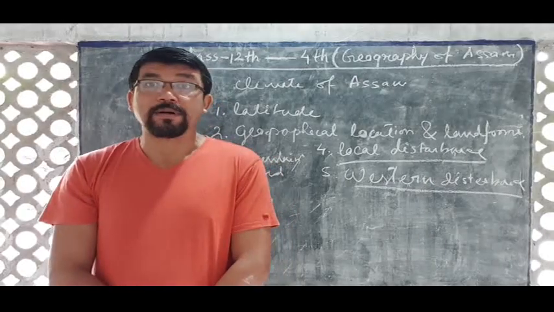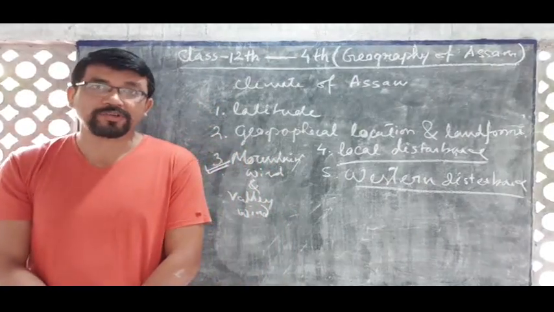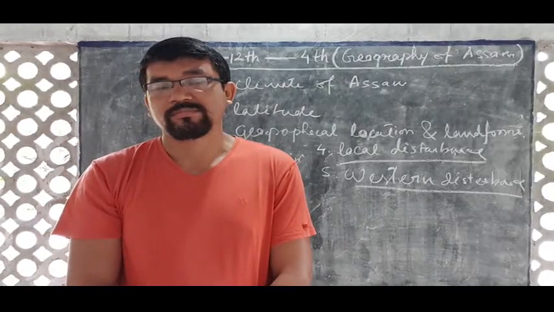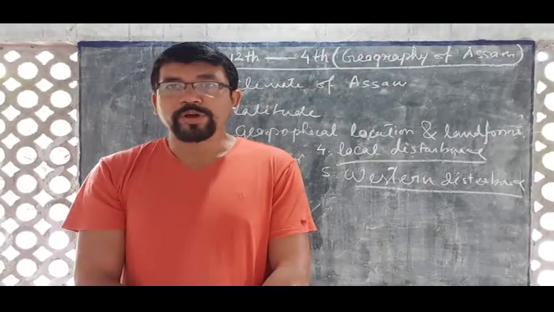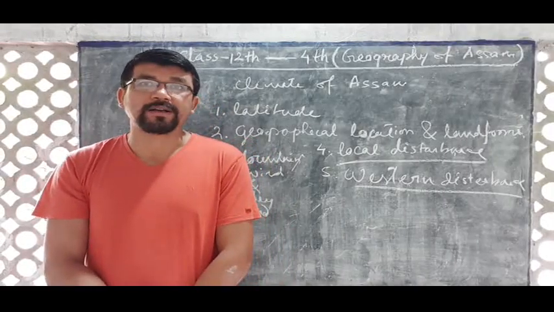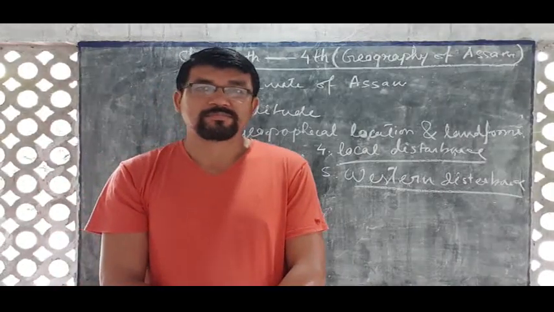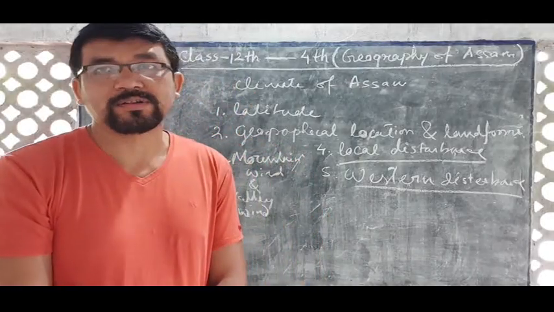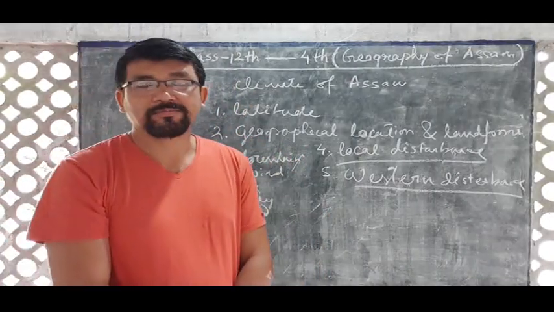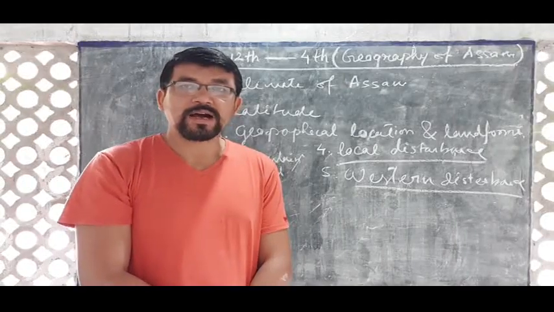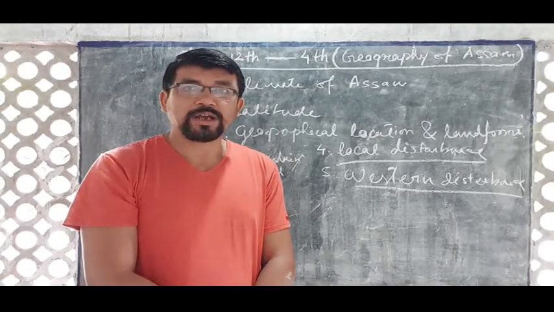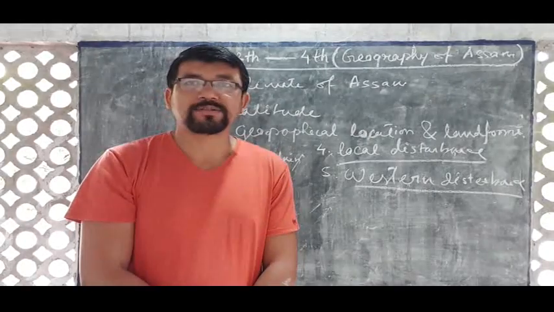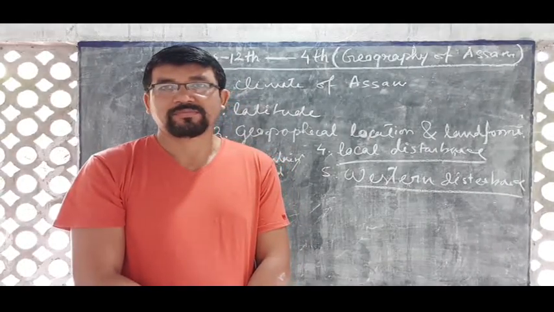Westerlies is a permanent wind which is coming from the western side. The wind is coming from the Mediterranean Sea, and gradually the wind is moving towards India, over Iran, Iraq, Kuwait, Saudi Arabia, Pakistan, Afghanistan. And